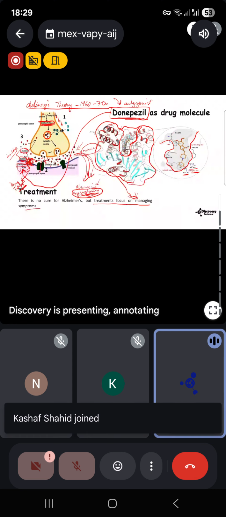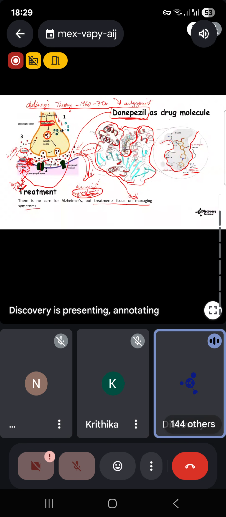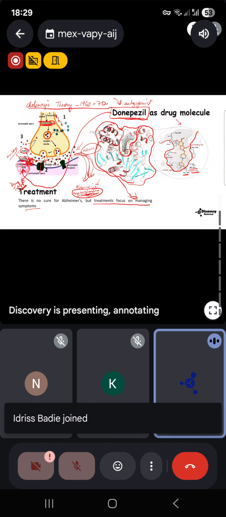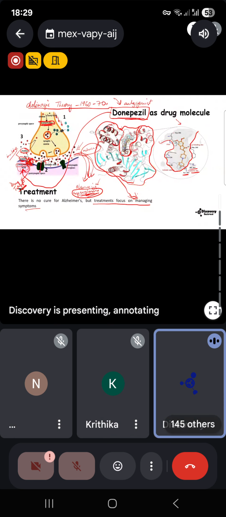block its function. Otherwise, in the natural condition, acetylcholine will be the substrate. It comes and binds here. Once it sits here, this serine will become a nucleophile, and it will do a nucleophilic attack. Once it does its function, this will catalyze the substrate, and it will break down into choline and acetate. Okay, so